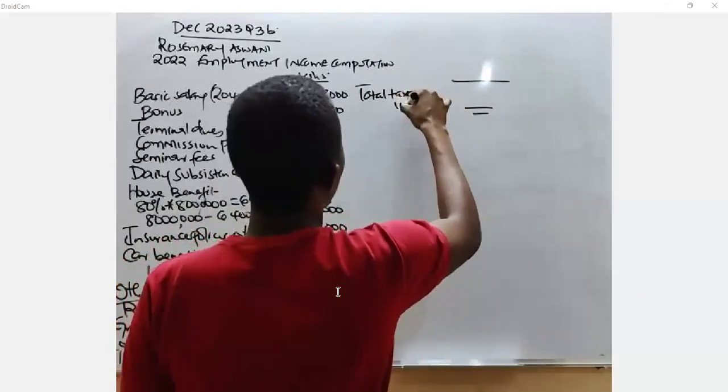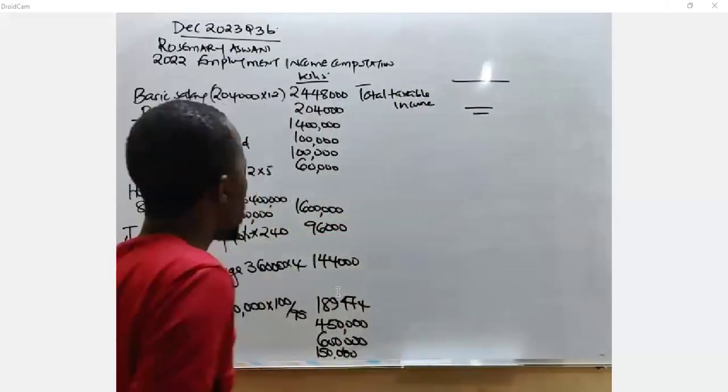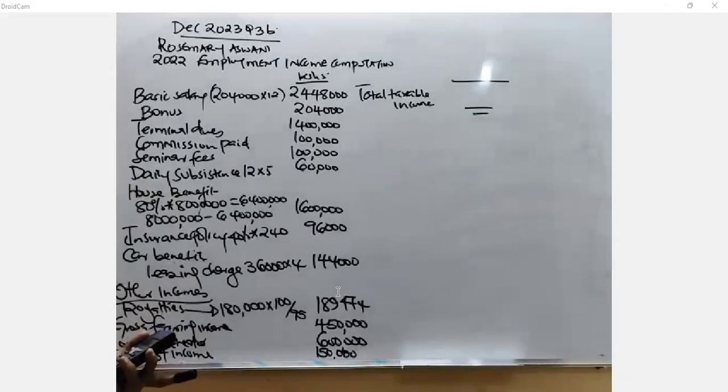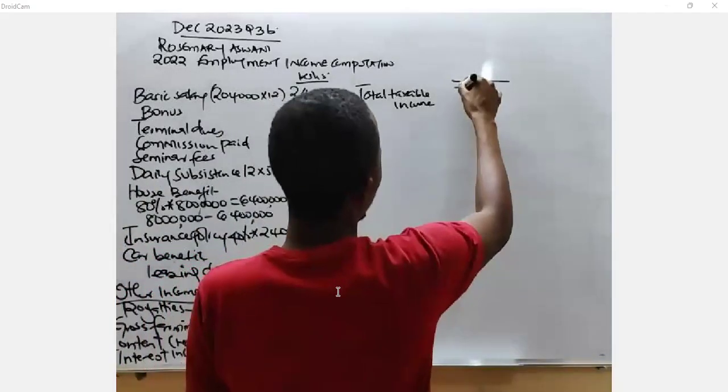Total taxable income is how much? 2448 plus 204,000 plus 1.4 million plus 100,000 plus 100,000 plus 1660,000 plus 96 plus 144,000 plus 189,474 plus 450 plus 600, that is 750. We are getting 7541